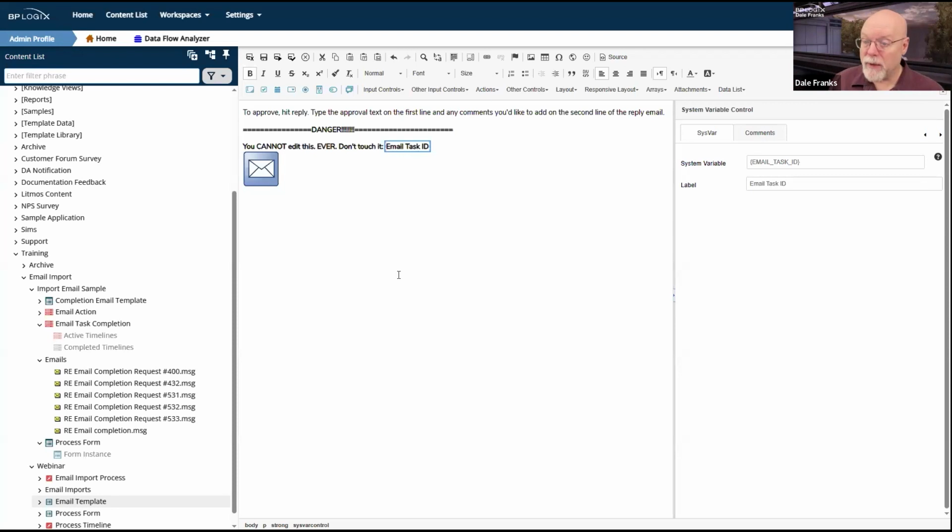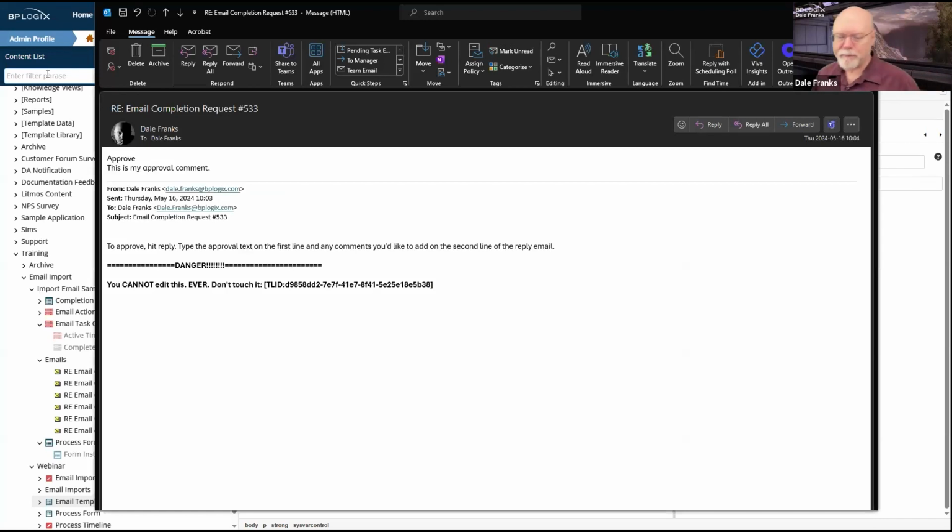be completed. So if your end user, and by the way, I deleted the emails, but let me grab one so that we can see it. And I have to now find where all of those emails were, their success. Here's one. Great. So when the email gets sent, this is how the system variable gets sent. This is the format in which it is sent. It appears in square brackets.